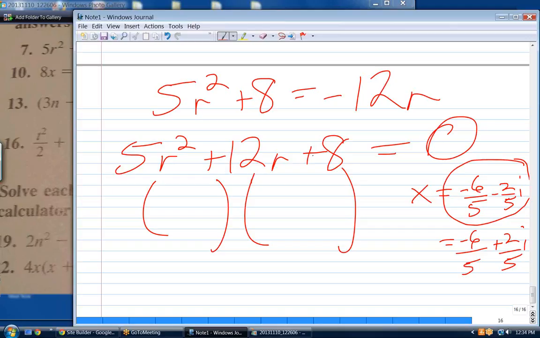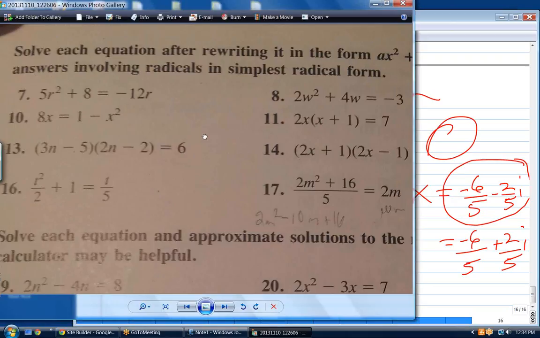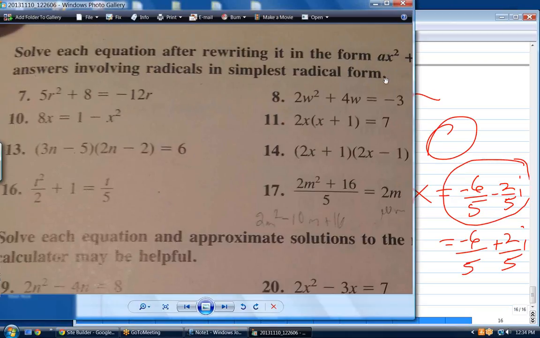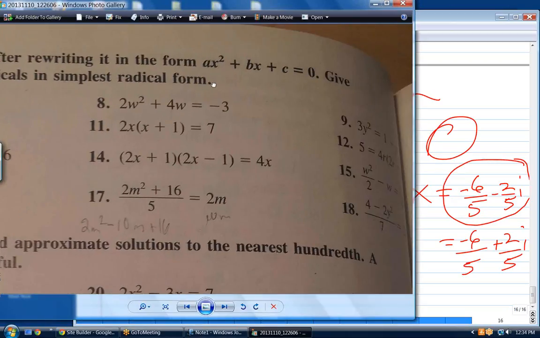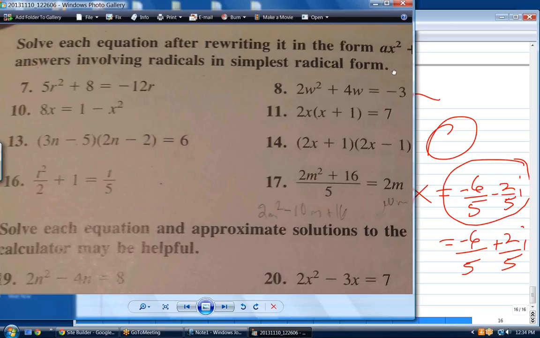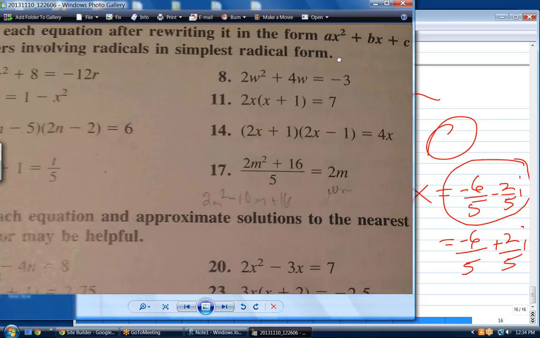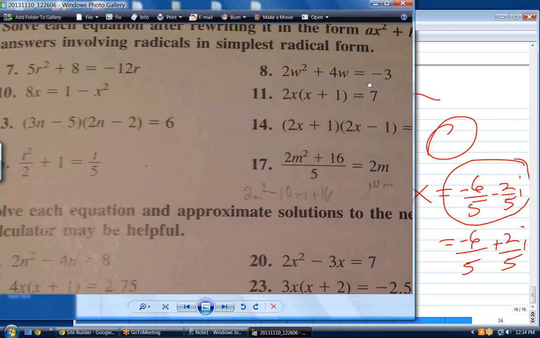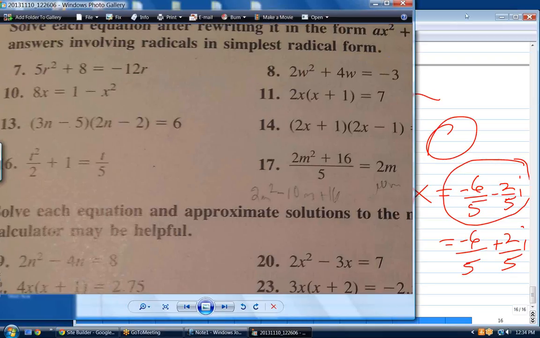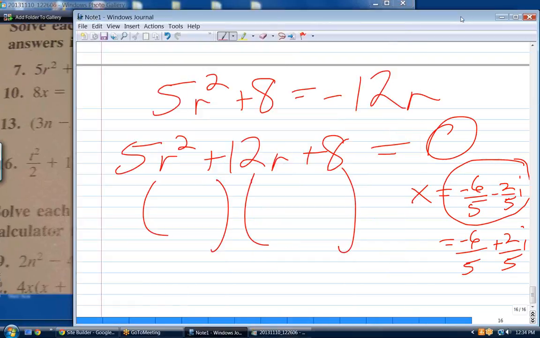So if I'm going to put factors up here, and I don't know what this says to do, solve each equation after rewriting it in the form ax squared, give answers involving radicals in simplest radical form. So it really doesn't want factors, it wants answers. And you've got those. These two that you gave me are the zeros. Okay? However, if the question said factors,